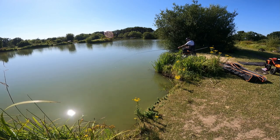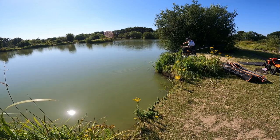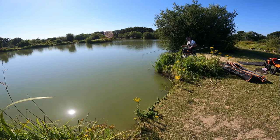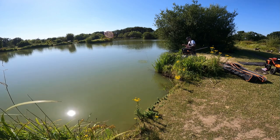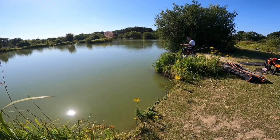Get down to your top kit when you feel comfortable. Just let it do its thing. Keep that pole tip nice and low. Hopefully you can see all this on camera. I'll position the camera away just so you can see where I'm fishing and the bite and a little bit of the action